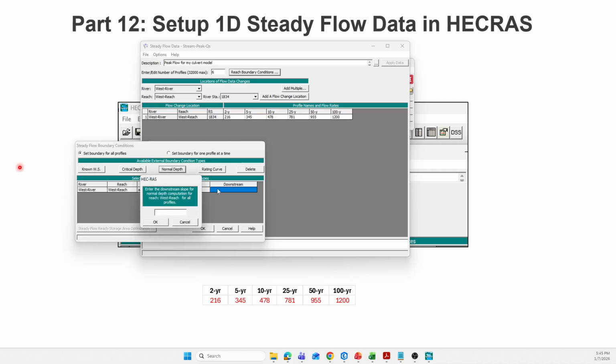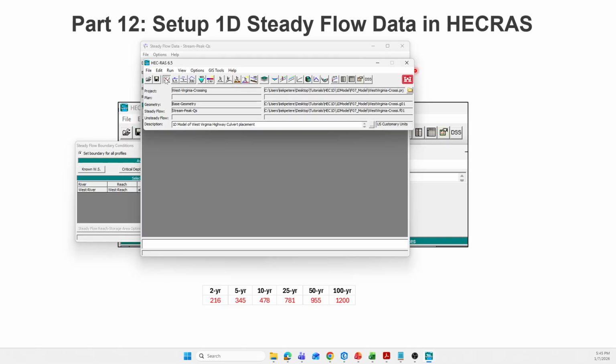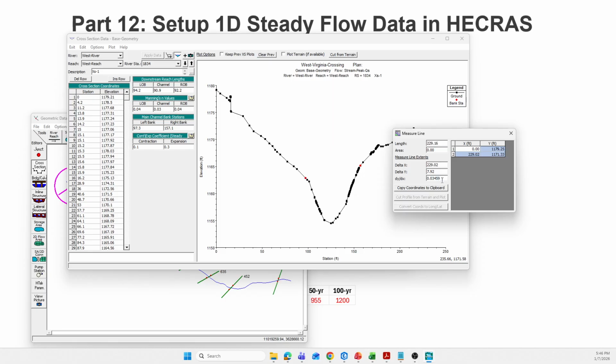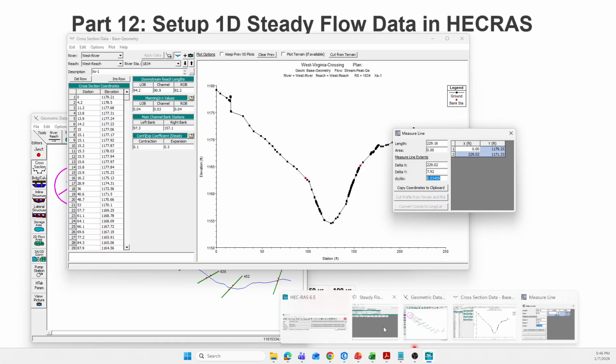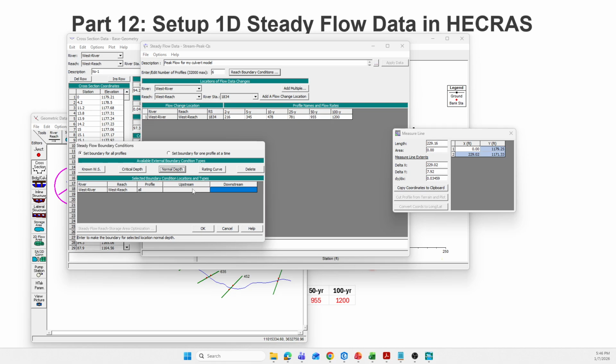And to get the normal depth, we can go back to the cross section editor and we can pick the first cross section, and we need to hold control, pick the first point and pick the last point in the cross section, and we can see the change. This is the change, the dy dx. So we use that value, we go back to our editor, and that's for the upstream. So boundary condition, the upstream is normal depth, so we're going to add the slope for the normal depth computation for the reach. So we'll say